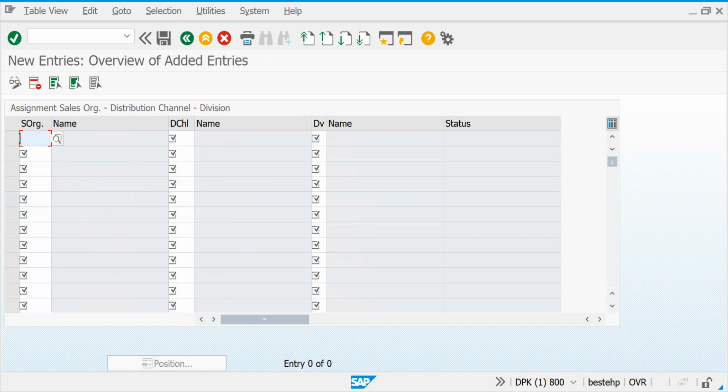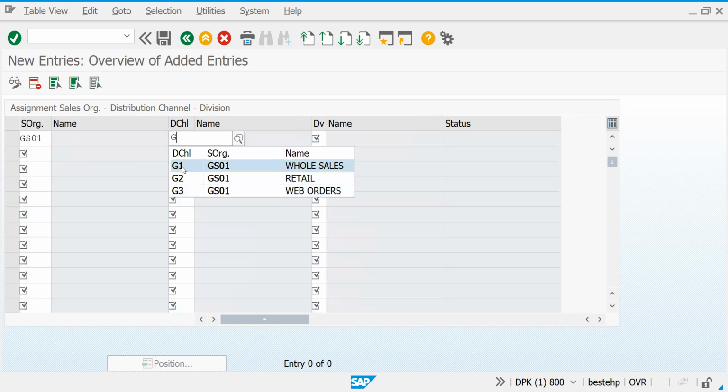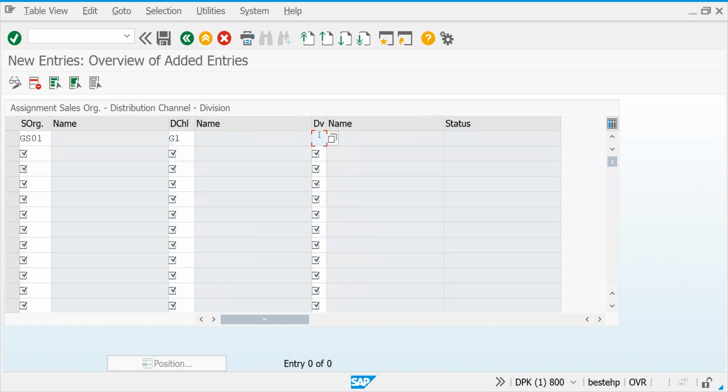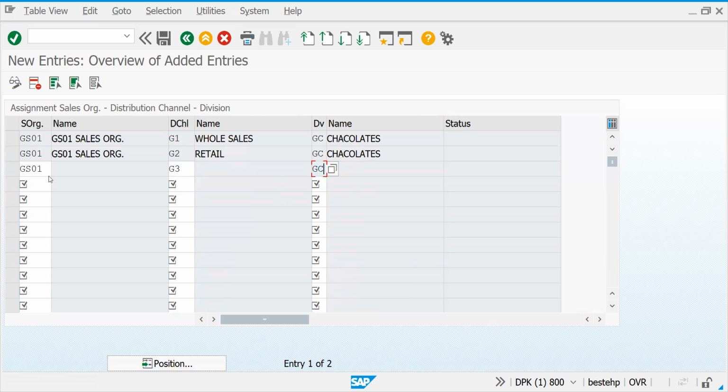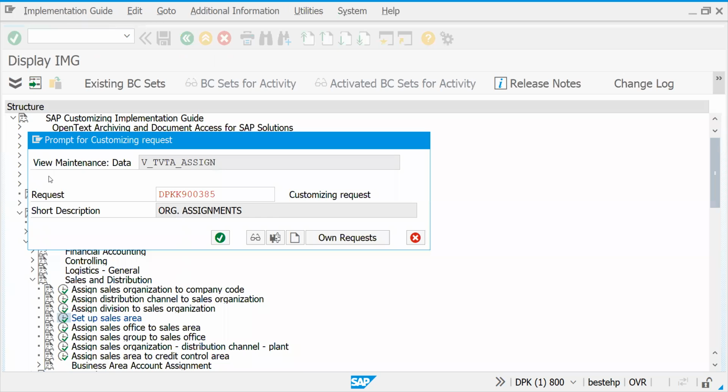So you have GS01, we have distribution channel G1, and the division is, what do you call it, GC. Okay, GS01 and G2, and again GC. For retailers also I'm selling, GS01 and G3. Okay, this is it for this time. Let's save this sales area.